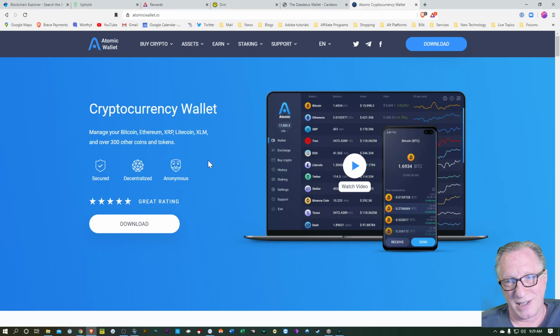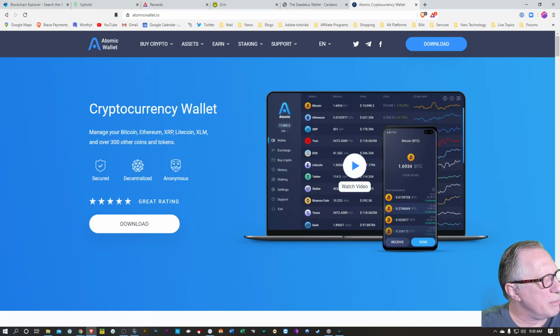You want your computer secure software-wise, right? It's got antivirus, it's got anti-malware, and then you use your computer smart, right? You don't click weird links, that kind of stuff, right? So as long as you keep your computer secure, as long as you write down the passphrase that gets generated when you set up an Atomic Wallet and keep it in a safe place, then you can manage your cryptocurrency and keep it safe.